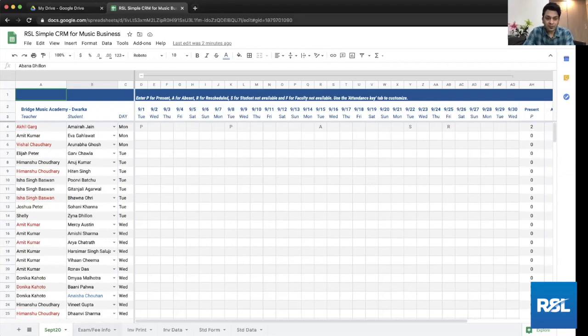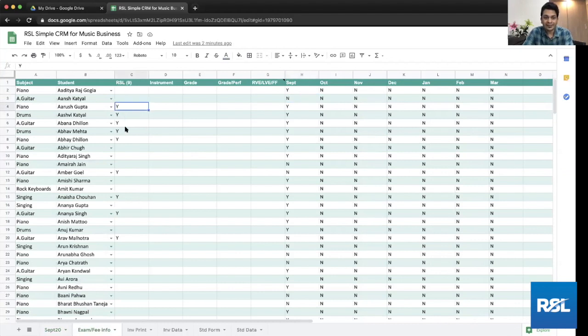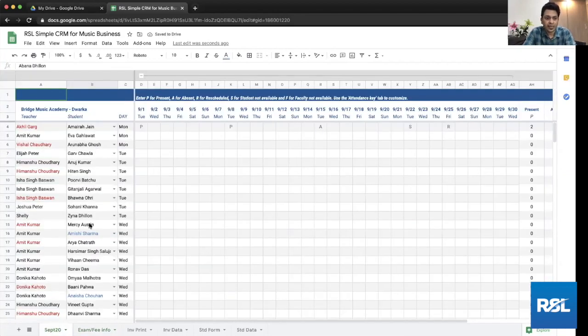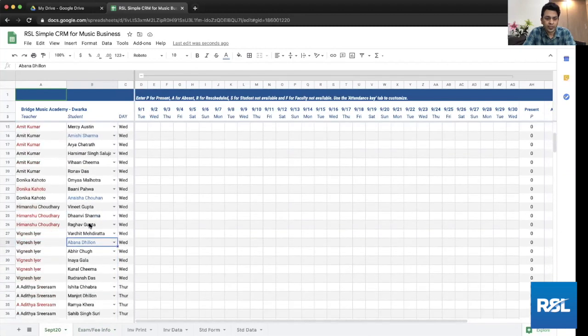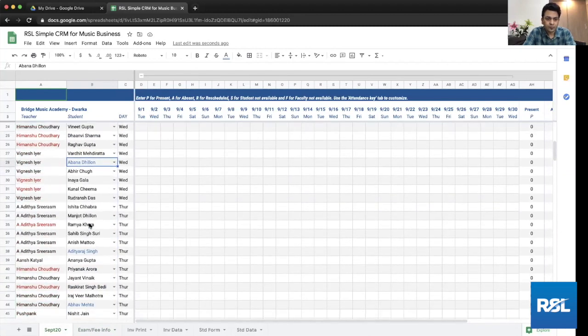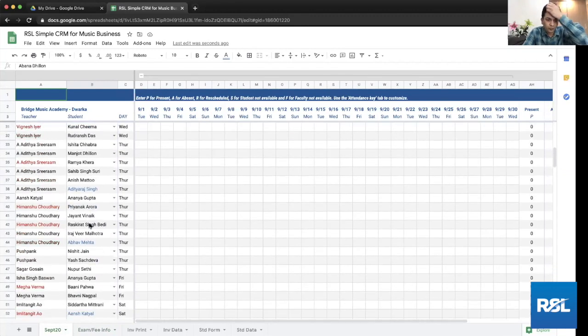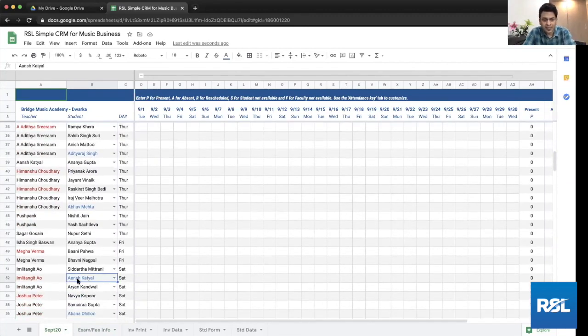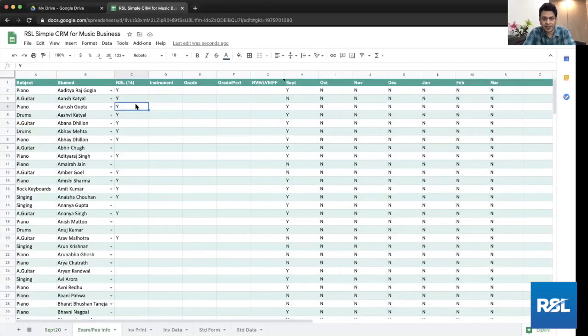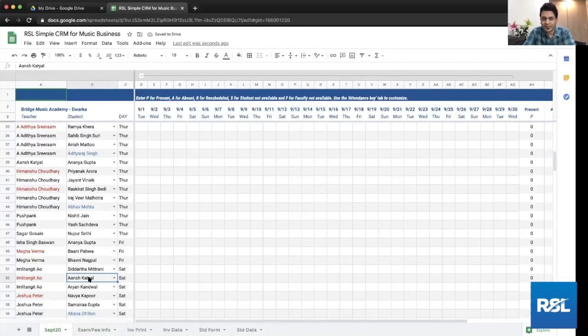For the exams, all you need to do is type Y in this. And suppose we type some more Y's here, right? And you will see Aditya Raj or Ansh Katyal, I have marked them yes. And you will see that the names will turn blue here. You will see them turn blue for sure. There it is, Ansh Katyal. So that is in blue now because I marked yes against his name right here. If I delete this or type anything else, the name will turn back to black, right?